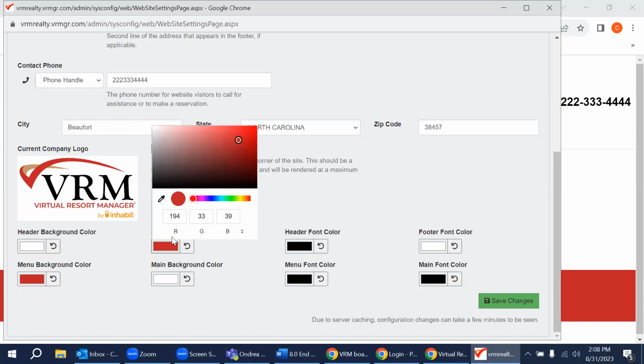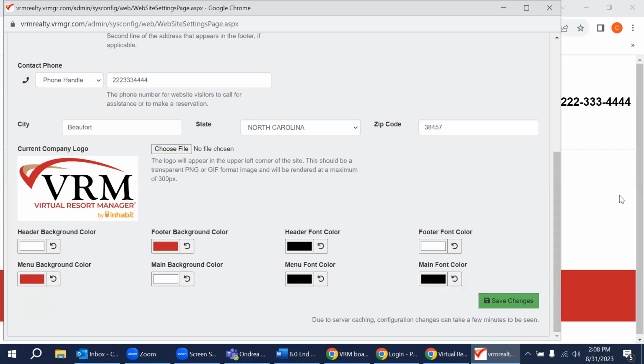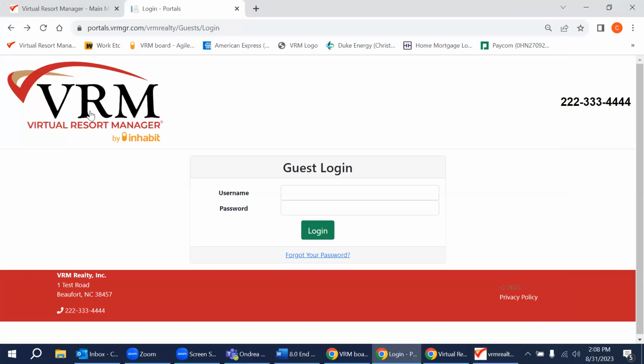But what I found, which was really easy, was that I could just take this little, I guess it looks like a little pencil, and I could click on it and then go through and just pick the color that I wanted to use in the logo itself and select it. And in doing so, it automatically applied the RGB coordinates, which made the entire site match with my logo colors,